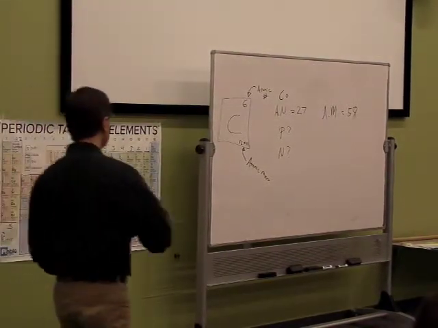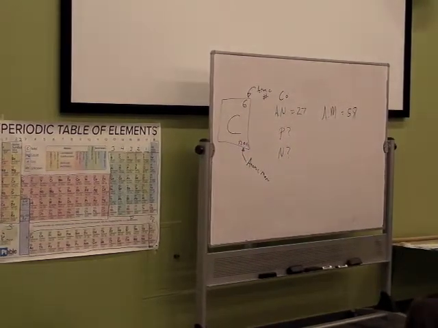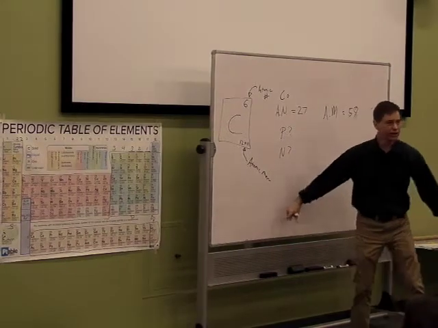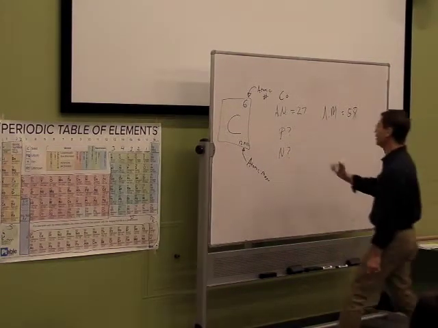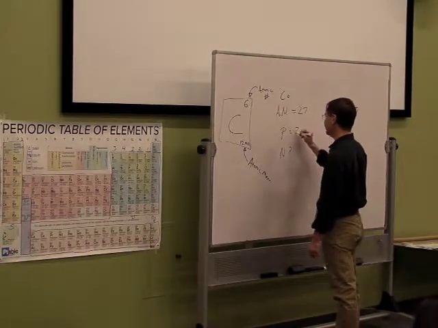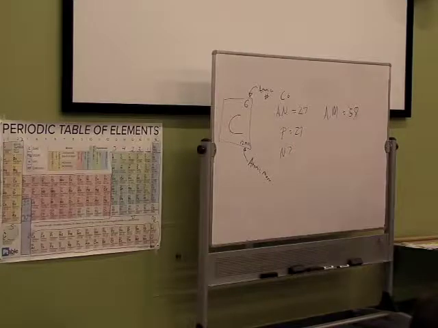All right, anybody ready for the answer? Let's try. How many P's? Sean, how many P's? 27. 27 P's. It's right here. One of the easiest questions in the universe. What color is blue? Blue. Yes, that is correct. So that's basically it. So the number of protons is indeed that number. It's right there.